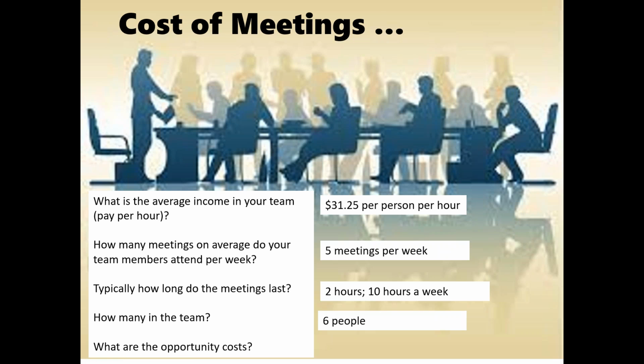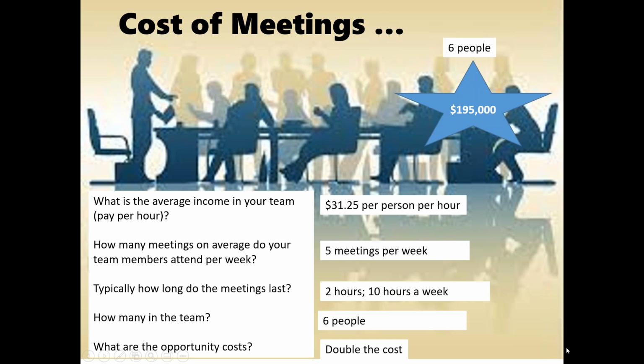So I've got a team of 6, and these are the figures on a team of 6. And in terms of the opportunity costs, whatever figure you come up with, you double, because of course, as I mentioned, the opportunity to do something else is lost during that meeting. So if you calculate those figures that I've given you over the course of a 12-month period, assuming those figures stay fairly consistent, with 6 people, the overall cost to your team is